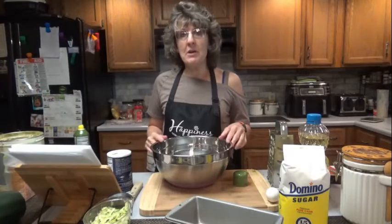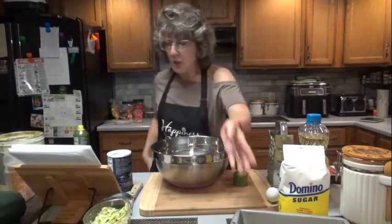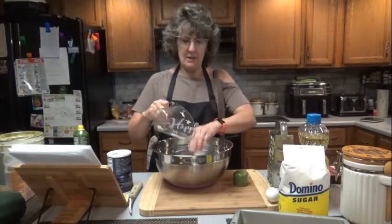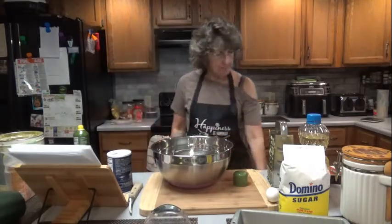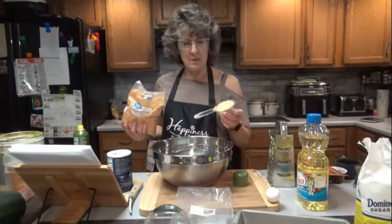Go ahead and preheat your oven to 350 degrees and spray your 9x5 loaf pan. In a large bowl, add the grated zucchini, which is 1.5 cups, lightly packed, not drained. 1 cup of sugar, 1/4 cup packed light brown sugar,